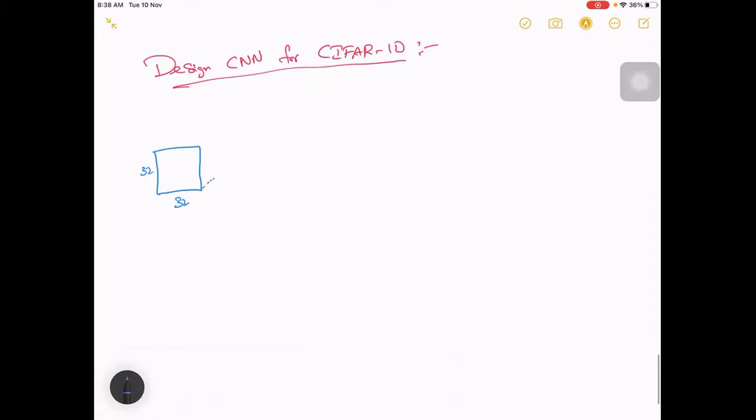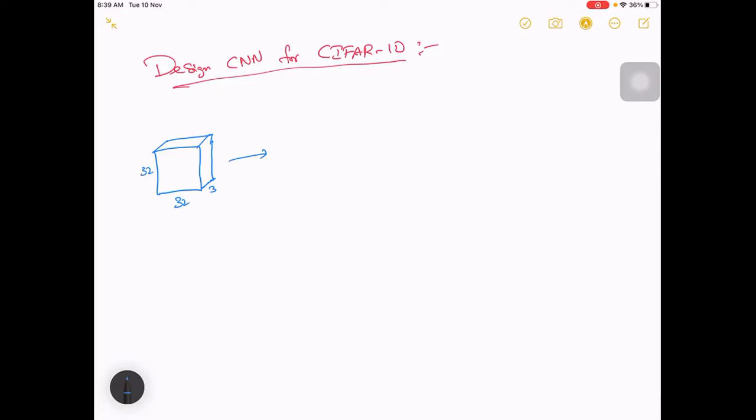You have 3 layers in depth. This is 3. So this is your image now, for a single image, with height, width and depth here. For this, we have to give it as an input to a convolutional layer.